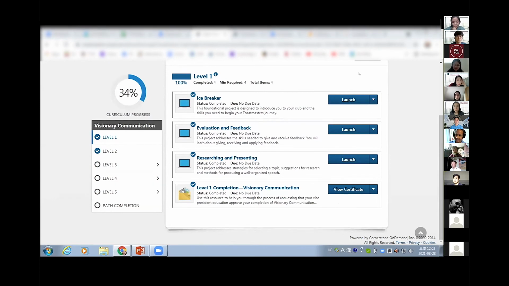David, can you click the drop down box after the launch on the right side? What do we have? Launch, view details, move to archive, transcripts. That one? Is that it?